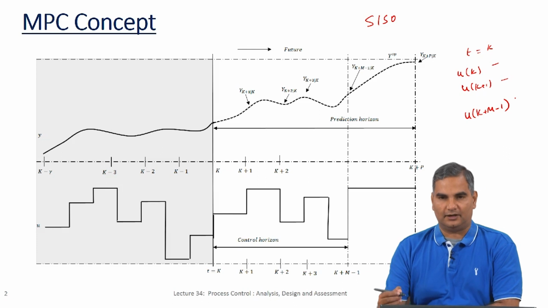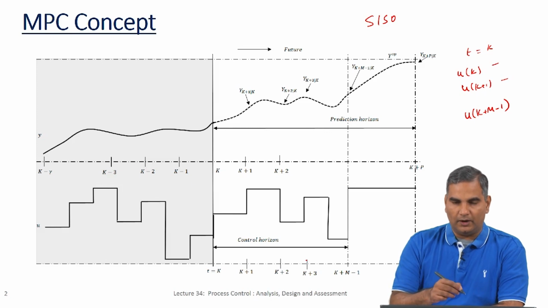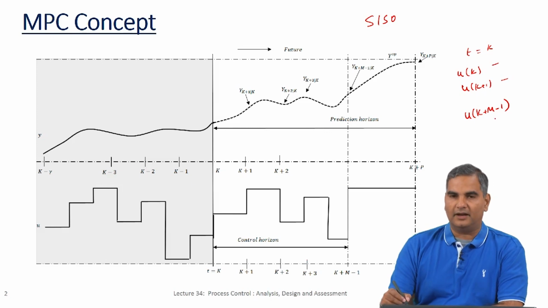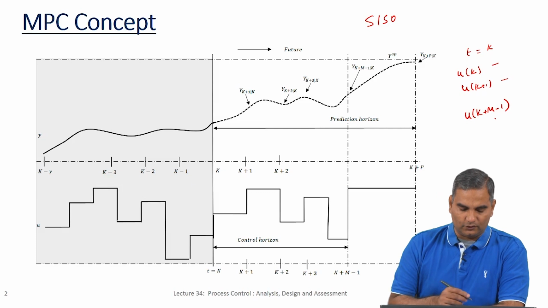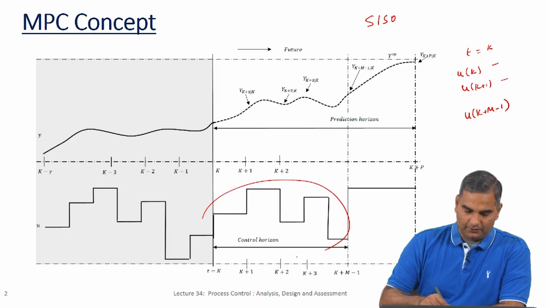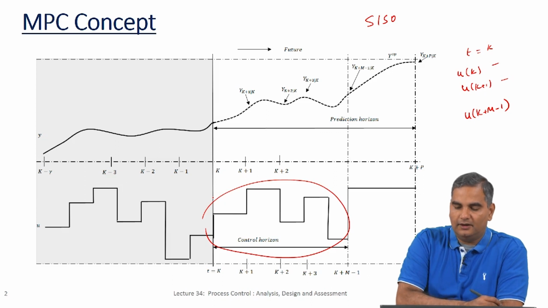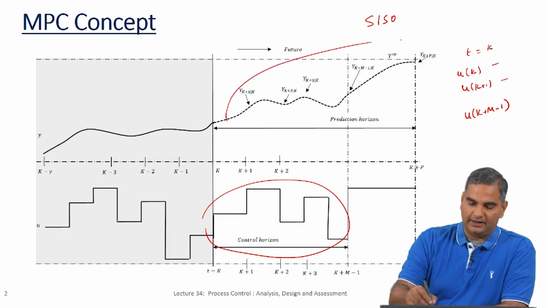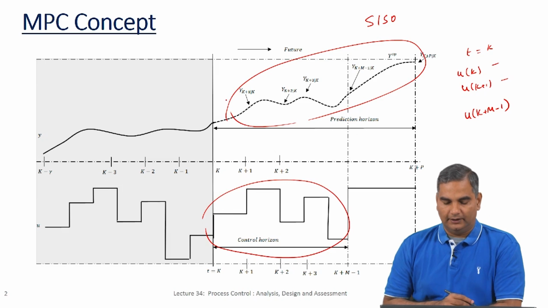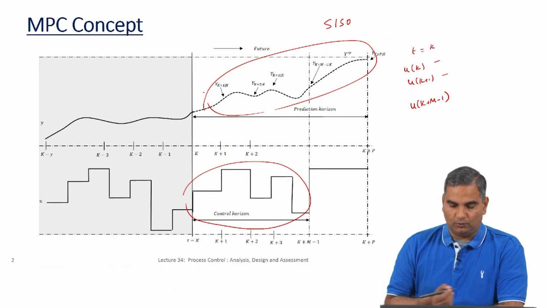So, these are the m values that I have to choose for this control move plan, and since it is a SISO system, there is only one manipulated variable. So, there are m values for this one manipulated variable that I need to identify. So, that is how this part of the picture works. And now, what criteria will I use to identify these values is where I want to use a criteria where the future predictions are as close to set point as possible. So, how would I decide this?